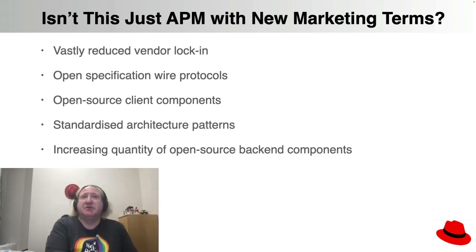It's vastly reduced vendor lock-in. The open specification of the protocols on the wire, the open sourcing of at least some of the components, especially the client-side components that you put into your application, those hugely help to reduce vendor lock-in. So that helps keep vendors in the space competitive, and it helps keep them honest. Because if you have the ability to switch wire protocol, and maybe you don't even need to change the client component, then that means that you can easily migrate to another vendor should you wish to.